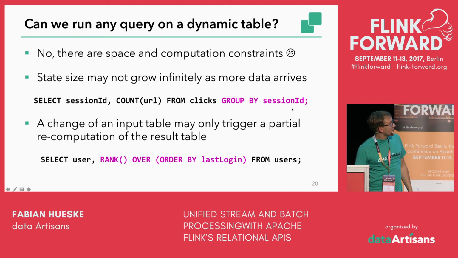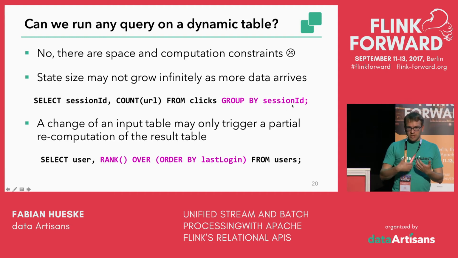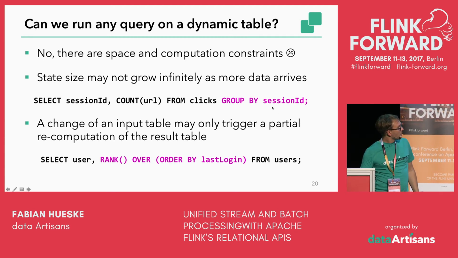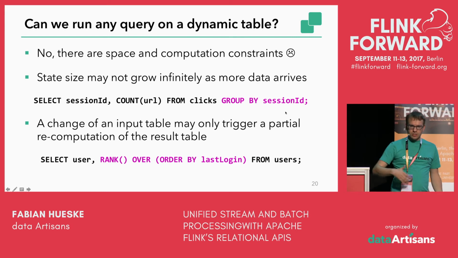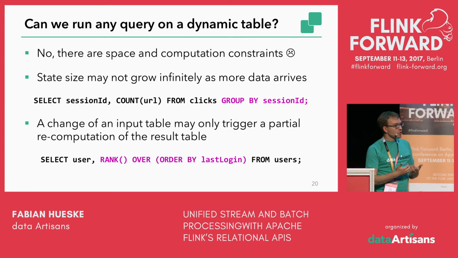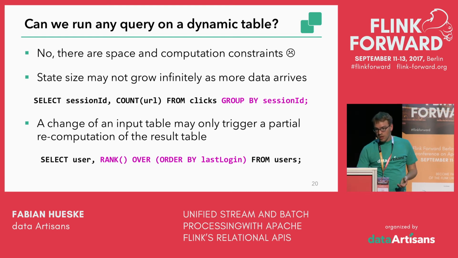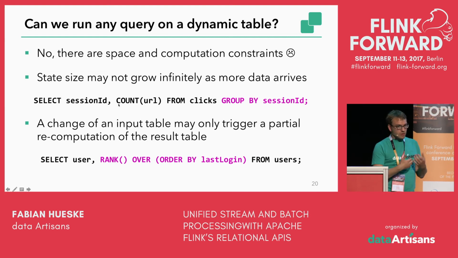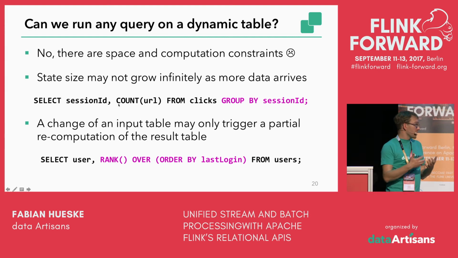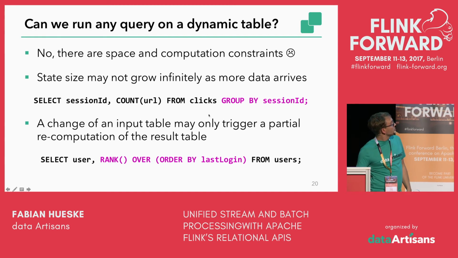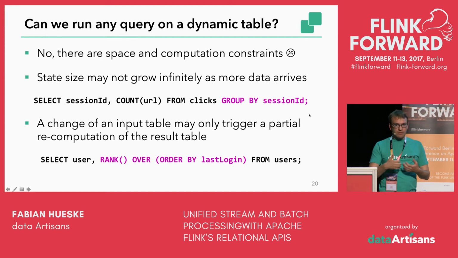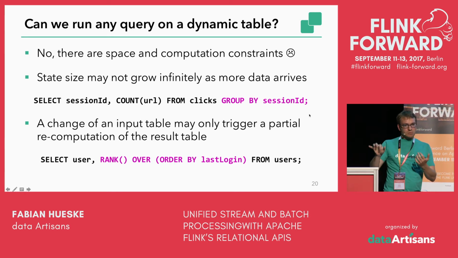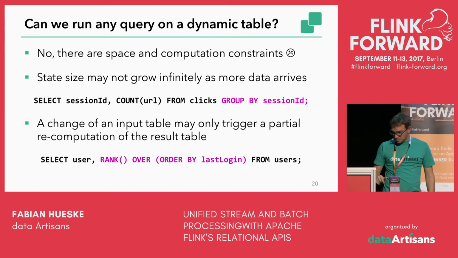If you look at this query, for instance, if we imagine that our clicks table would in addition also have something like a session ID attribute, which is automatically generated for each session, then this would usually be an attribute that has a very, very high cardinality, and would not reoccur so frequently. In this case, the query engine, or Flink, would need to forever keep the count for each session ID and could never remove it,